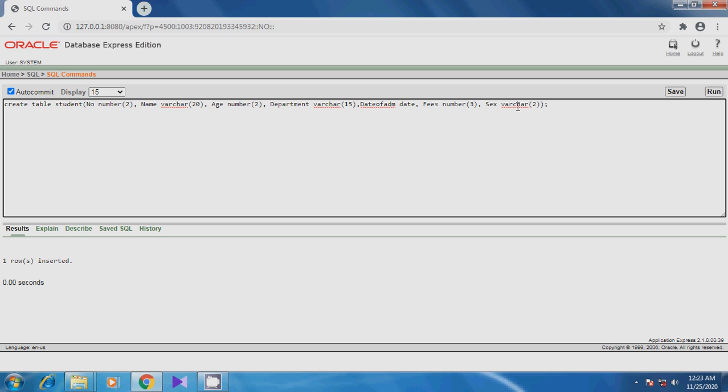Now in the case of sex, there is only a single character, so we can use the character data type also. For name also we can use the character data type, and for department also, instead of variable character. But character is fixed length and variable character is varying length. That means in the name, if the first name is only 10 alphabets, then the remaining 10 characters of memory space won't be used at all. In the case of character, since it's fixed length, if the first name is 10 characters and the size is 20,